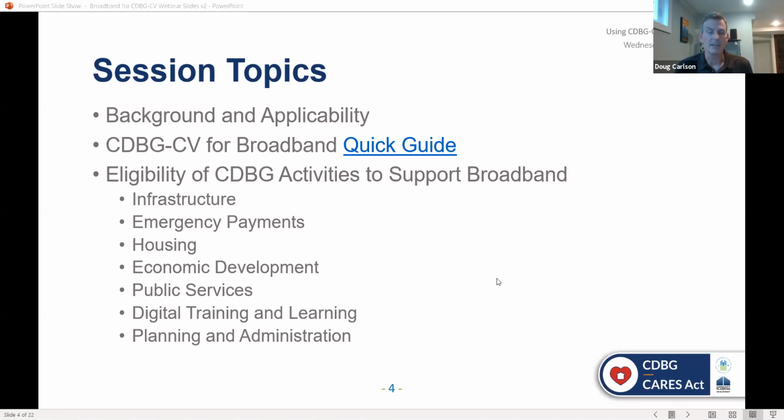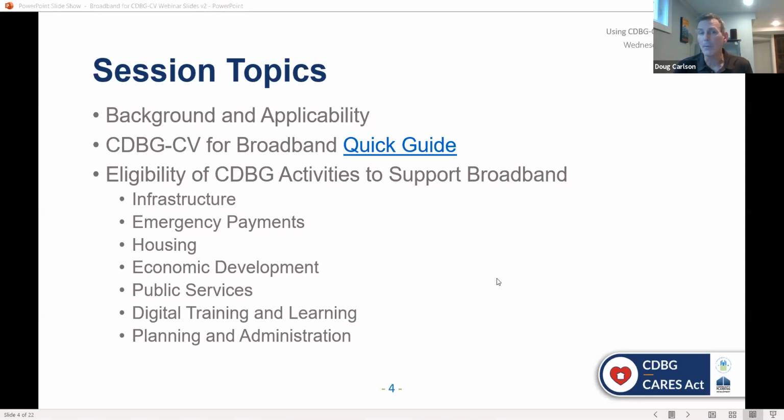So what are we going to talk about today with respect to broadband? Well, we've got a lot of things to talk about, but we're going to focus on two main topics. The first topic is the eligibility of CDBG activities to support broadband. And of course, we're focusing on CV, but regular CDBG could be used for broadband support as well. But we're going to focus mostly on CDBG-CV. We're going to talk about the use of it for infrastructure, for the emergency payments that are allowed under the Federal Register Notice for CDBG-CV, and in general for CDBG, for using broadband for housing activities, using broadband with respect